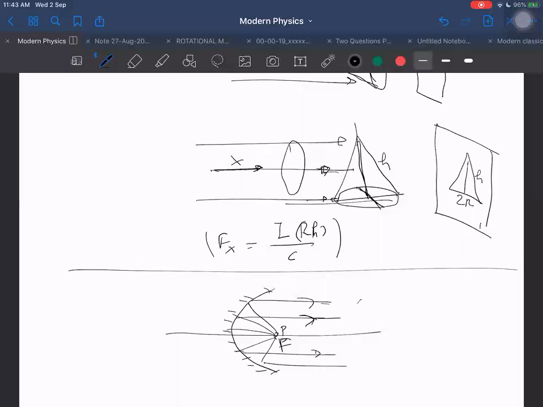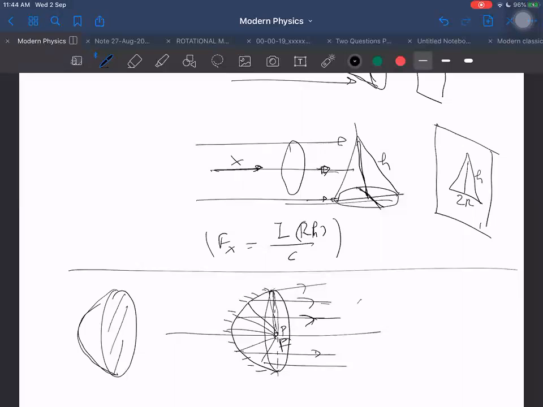Can you find it out? If the aperture area of the mirror is given, think this way: the mirror lies up to the focus. It is not beyond that, and up to that we have to find the force. I think we can find it out, because if I know that it lies up to the focus, I can determine the radius of this area of the paraboloid. Sir, once again repeat it. The question is just finding the force on the paraboloid mirror, nothing else, with the source at the focus.